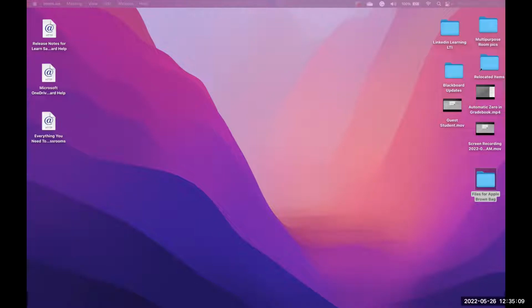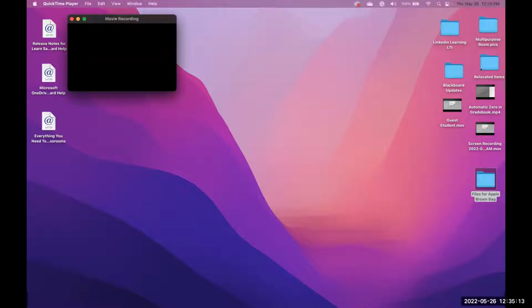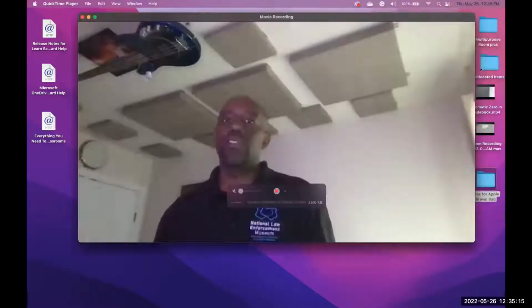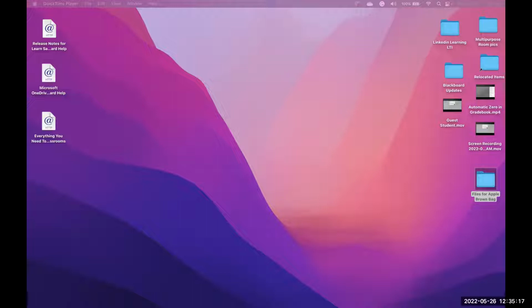The first function, movie recording, if I select movie recording here, it's going to pull up this screen, which is me. I have 2 monitors, so if it looks like I'm looking away, that's why. So by default, it pulls up your installed webcam that's on your laptop. I have a MacBook Pro, and yeah, by default,